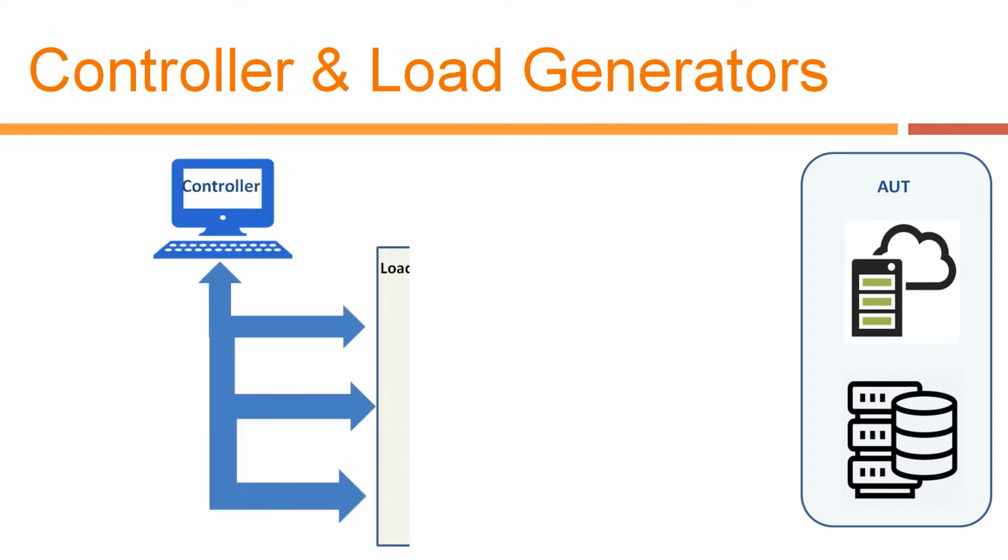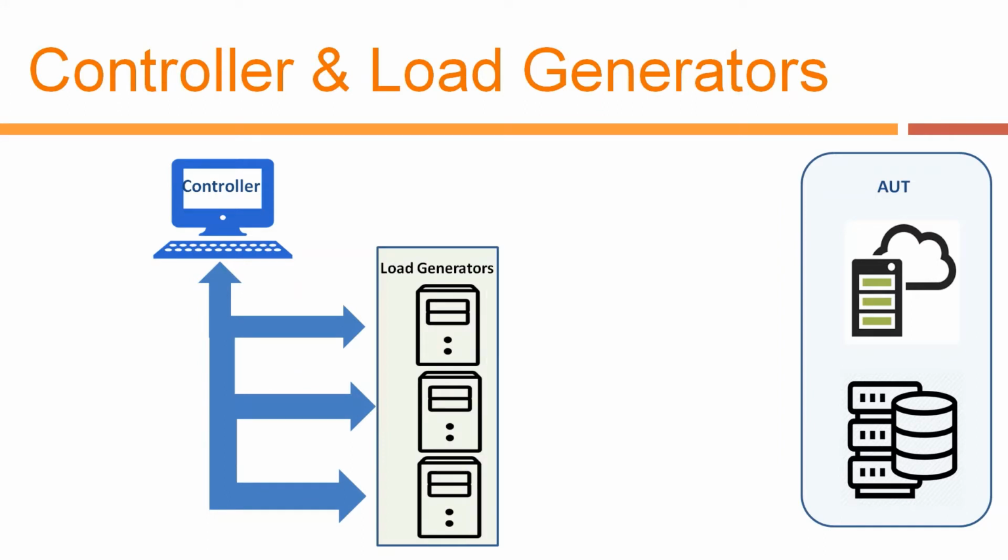So here we have one controller, from where we are going to give the inputs. When I say inputs, I mean how many users I'm going to run, or how many scripts I want to run in one go. It can be a single script, or it can be a combination of multiple scripts. And I would need to give which browser I want to simulate, how much network bandwidth I want to simulate, those kinds of settings. The scenario designing, the setting up of the population, those things are done on the controller